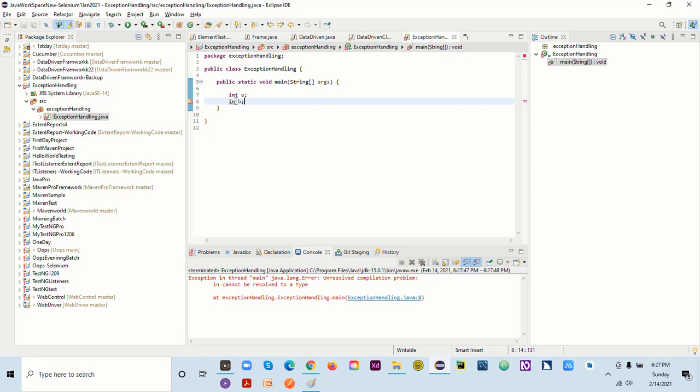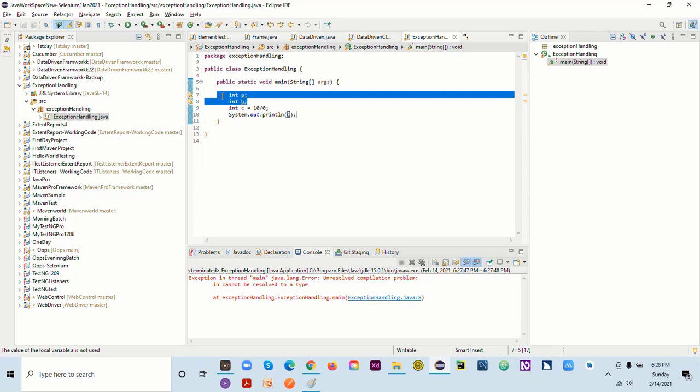But let's say you have a scenario where you need to divide something by 0, and you try to print that, let's say you are printing c here. I don't want this actually, so for now you can comment this.